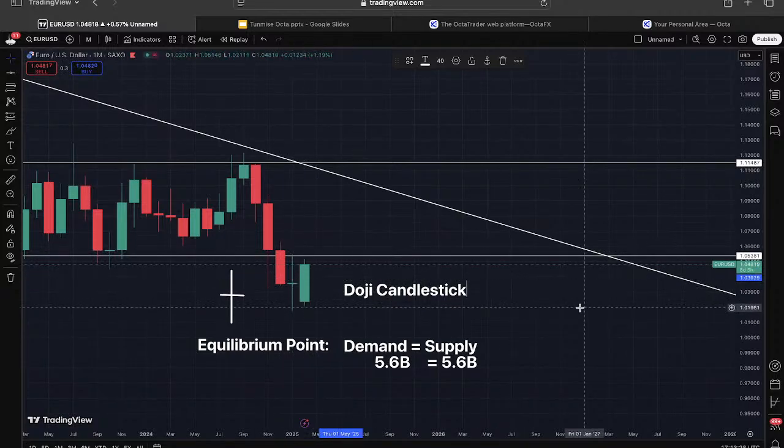Now, what happens? In what scenario should we be concerned when a doji candlestick appears? All right, in a scenario where there has been,